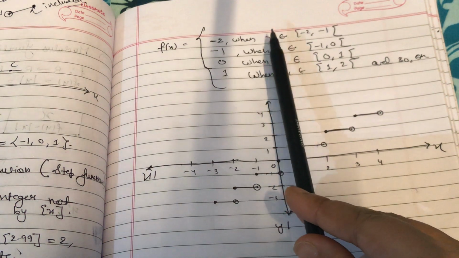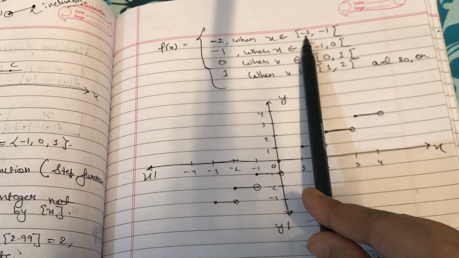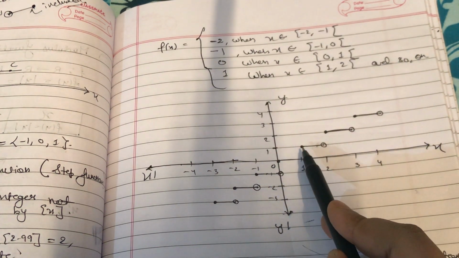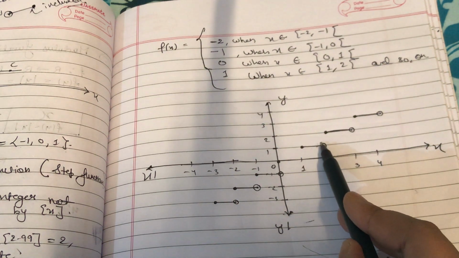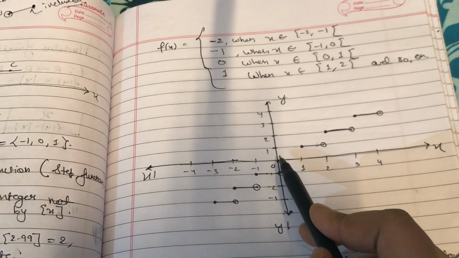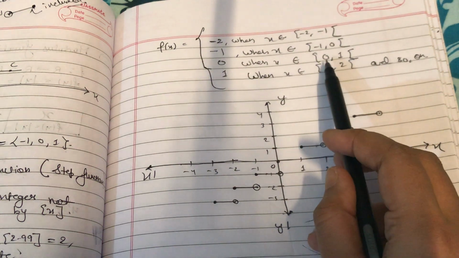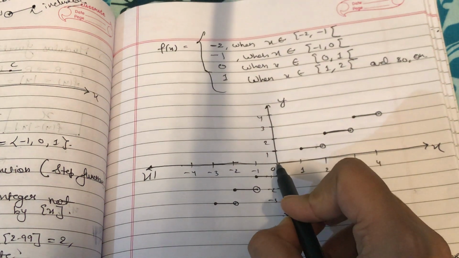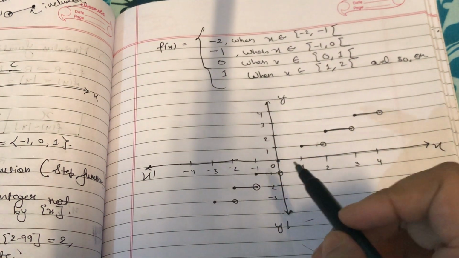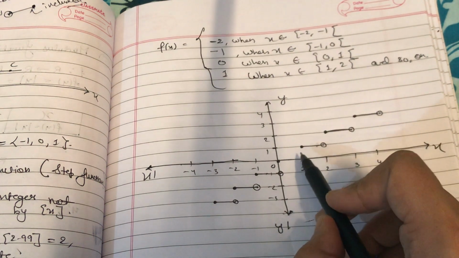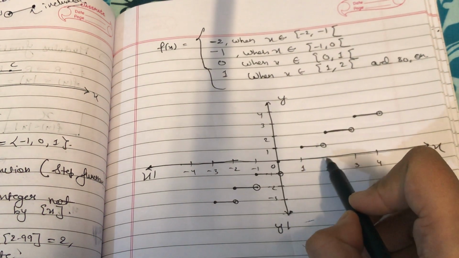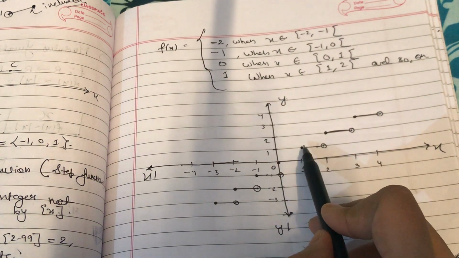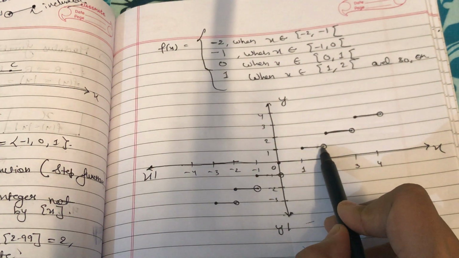So for all the values between -2 and -1, where -2 is included and -1 is not included, as you can see, this solid dot means it is included and this hollow dot means it is excluded. So for all the values from 0 to 1 where 1 is not included, what I am getting is 0. So I have used a dotted line. After that, if I talk about 1 to 2, for all the values of x between 1 and 2 where 2 is excluded, what value am I getting? I am getting 1. So as you can see, here I have marked the line at 1.